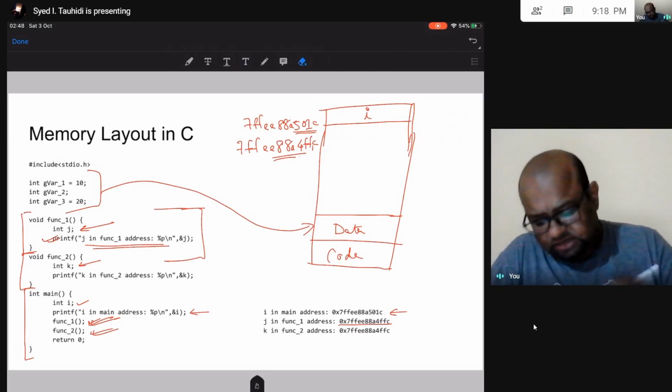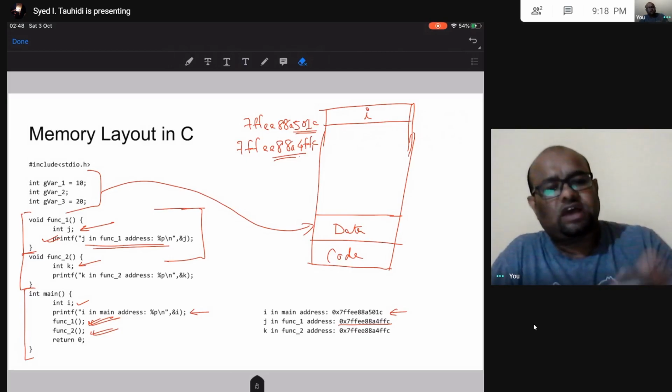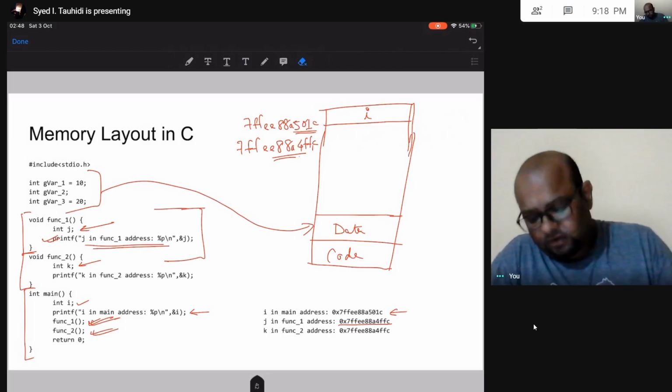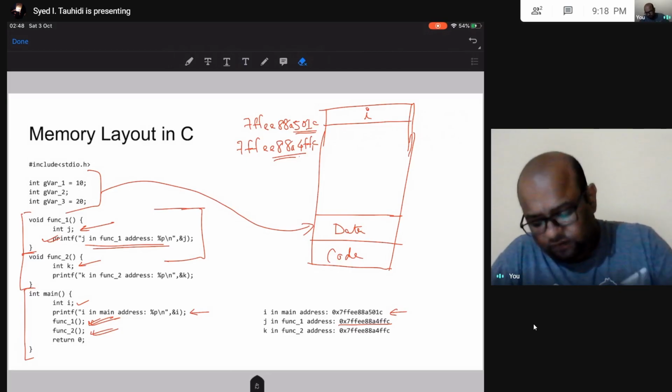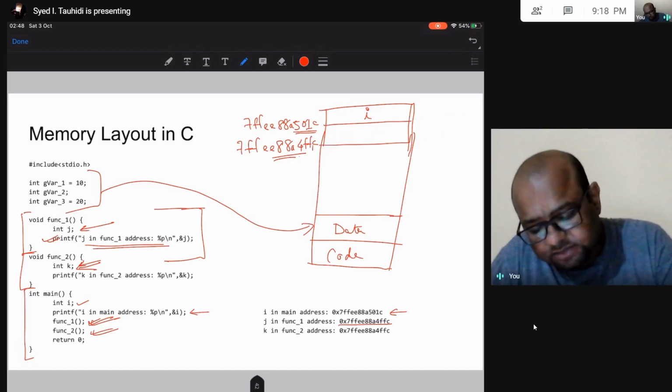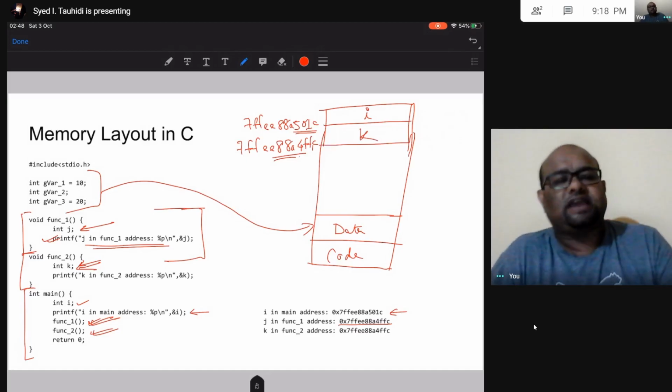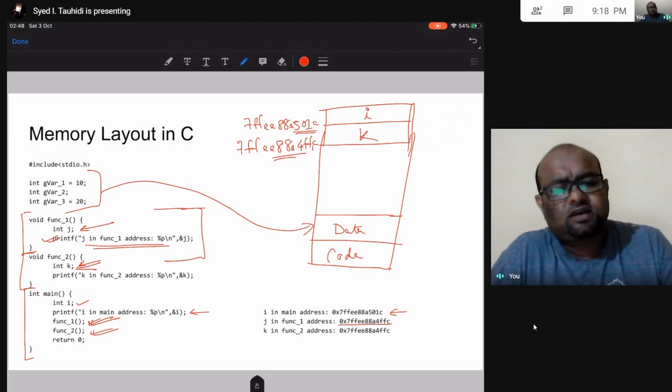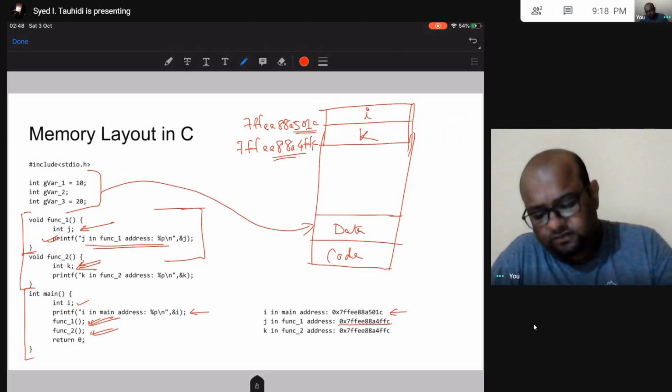Okay, so yeah, this is what I have. Then next, when I execute function 2, I am still in main. So inside main I am calling function 2. When I call function 2, I see that there is this local variable called k in function 2, and so that is going to be allocated some space in my stack. Now here is this interesting thing that I want you to observe.